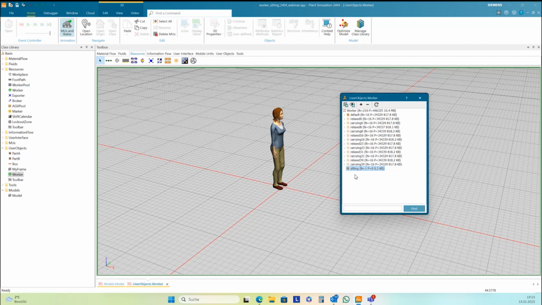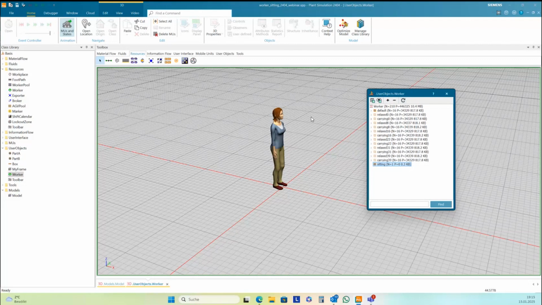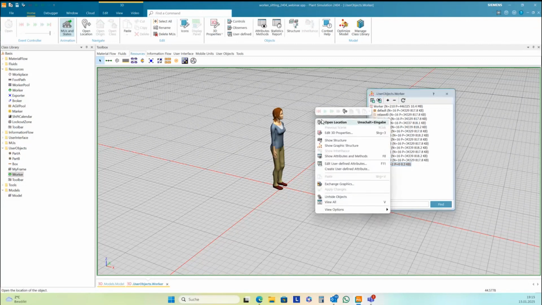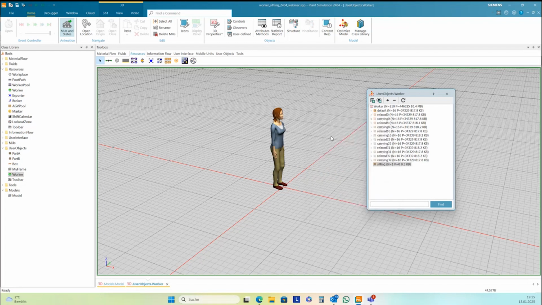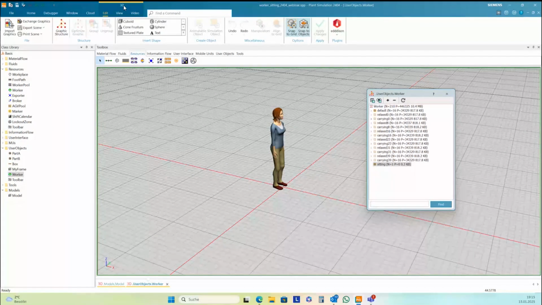And now we need to import a graphic into this graphic group. And this will not work with Exchange Graphics, because with Exchange Graphics, you load S3D graphics with path information and all. If you want to import graphics, then you need to go to 3D in the main menu and left import graphics.